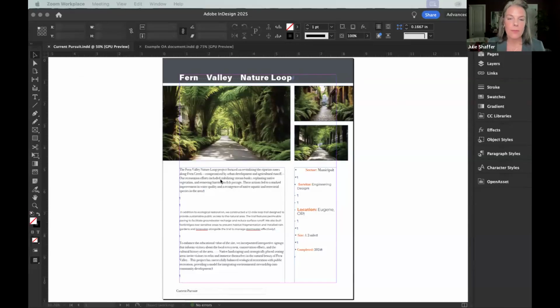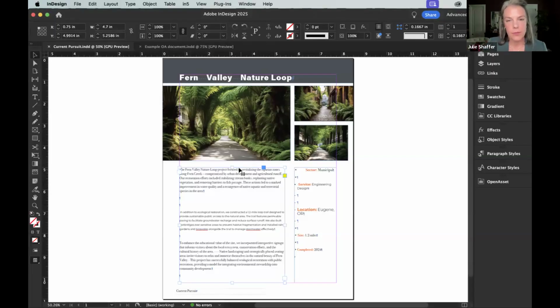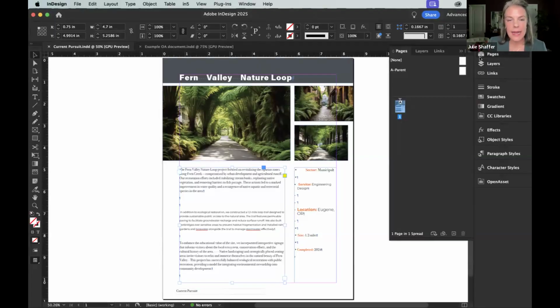Now I can tell right off the bat that this very first project is a bit of a mess. So I've got some extra returns and spacing and some overrides happening there that we'll want to deal with, but we'll get there. The next thing I want to look at, as I'm just level setting what's going on, is my Pages panel, and I can see that this document was created in a current version of InDesign where we have a parent page. So it is called